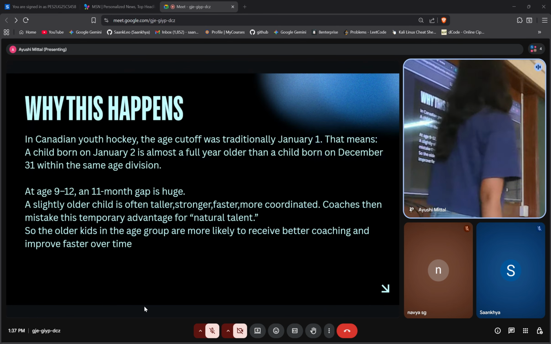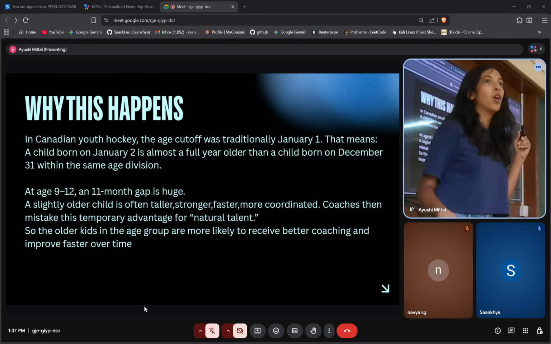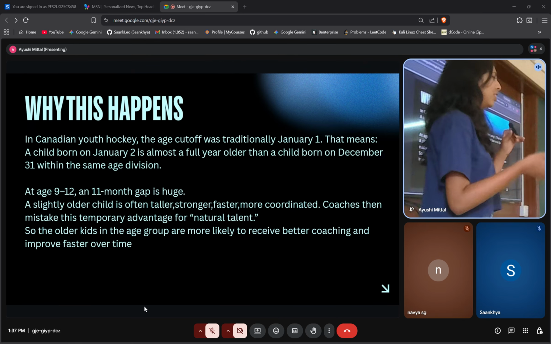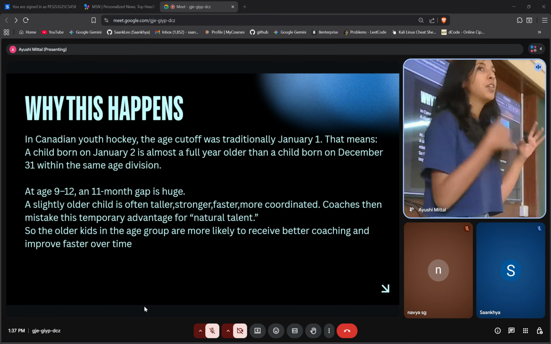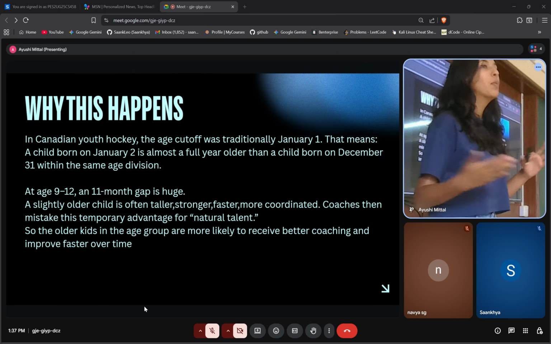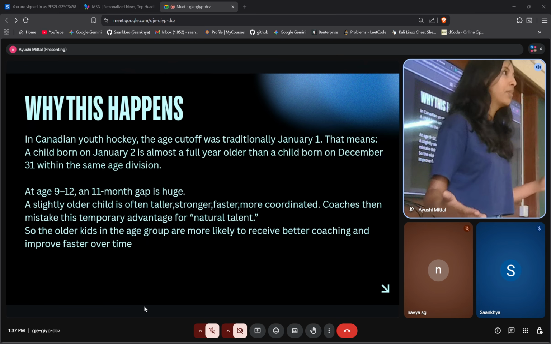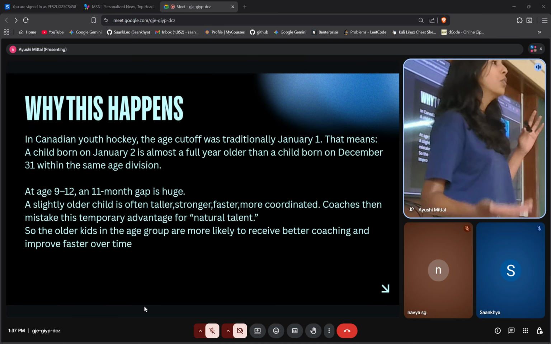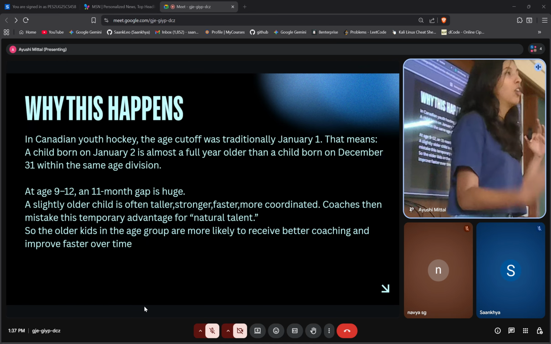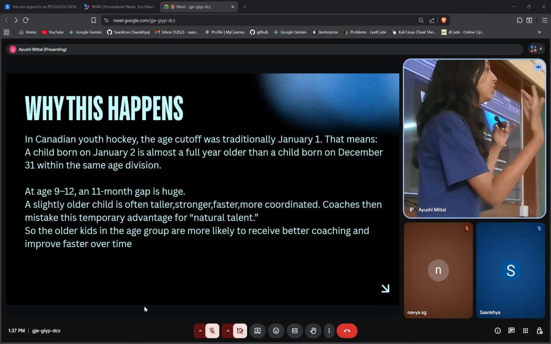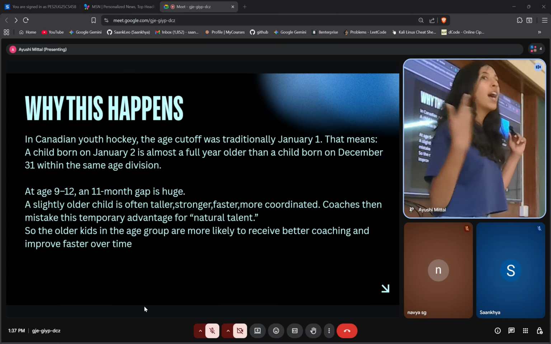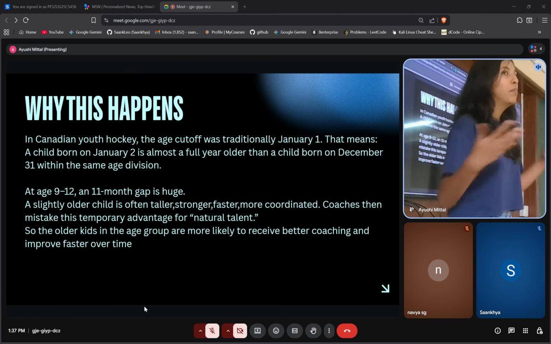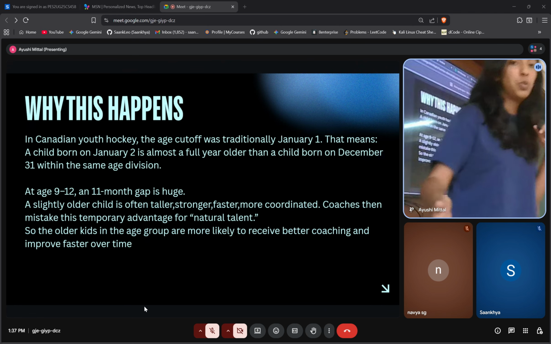Okay. So what is happening? In Canadian youth hockey, the age cutoff starts from January 1. So someone born on January 2nd and someone born on December 31 would have almost a year's age gap. And they start recruitments from the age of 9 to 12. So that one year age gap matters a lot because people who are older are actually stronger and have more abilities. So the coaches think that these people are better, and in the future,